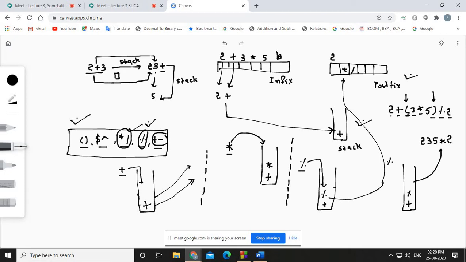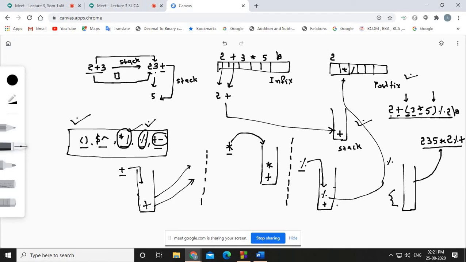Now whenever your infix string ends, right? How does it end? Obviously when we get the null character, whatever is there in the stack you need to pop, and put it into the postfix. So if I pop, obviously the modulo sign will come first, right? Now the modulo sign is popped, so the stack has only one operator, that is plus. Again you need to pop plus and put it into the postfix, right? Now plus is popped out, so your stack is empty. Whenever your stack is empty, your program is completed, and this is what you need to print on the screen.